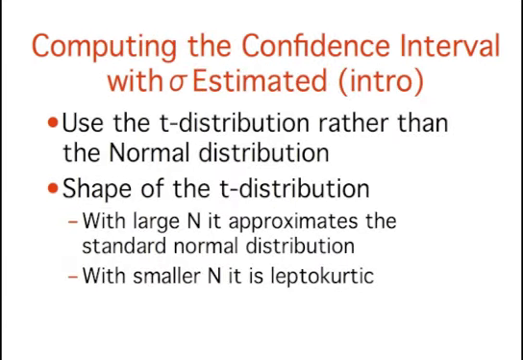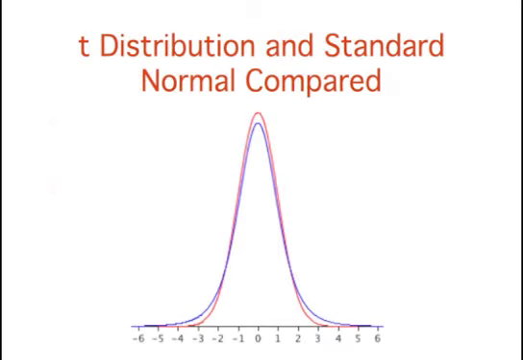When the standard deviation is not known but has to be estimated from sample data, you should use the t-distribution rather than the normal distribution. When the sample size is large, say 100 or above, the t-distribution is very similar to the standard normal distribution. However, with smaller sample sizes, the t-distribution is leptokurtic. Leptokurtic means there are relatively more scores in its tails than the middle of the distribution relative to the standard